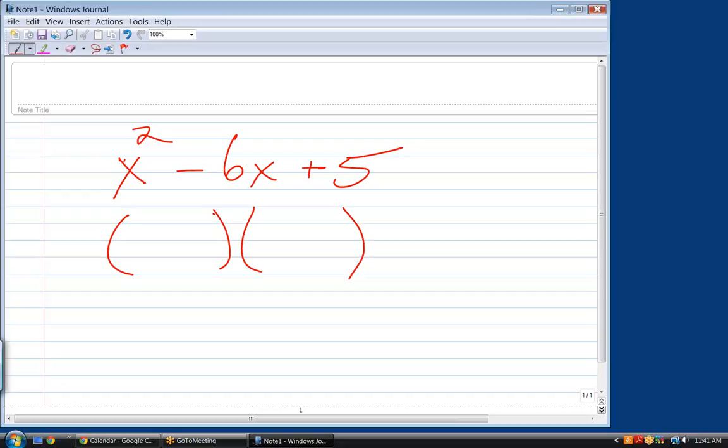Split up your x squared. X and X. There you go. On elementary quadratics, that's always going to be step 1. As we get more complicated, then that might be sometimes 2x and x, or 2x and 2x. So it can get more complicated, but we're going to stick with these level problems until you master that. What's step 2? Then it would be minus and a minus. Good. And then it would be 3